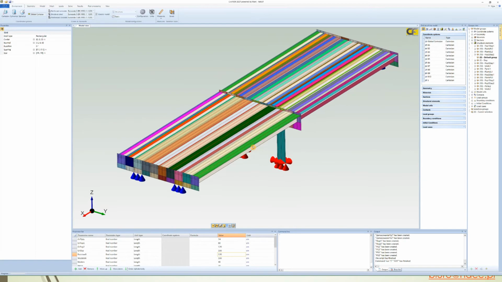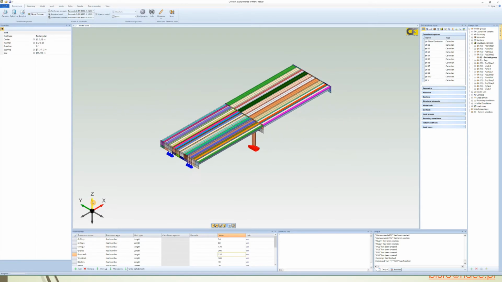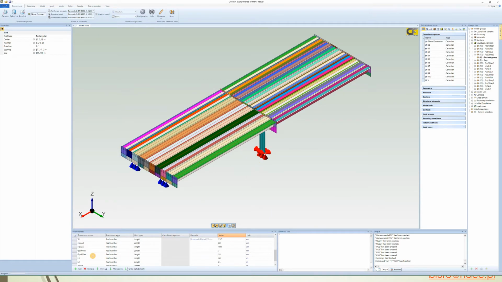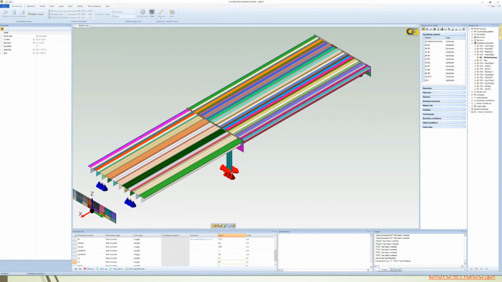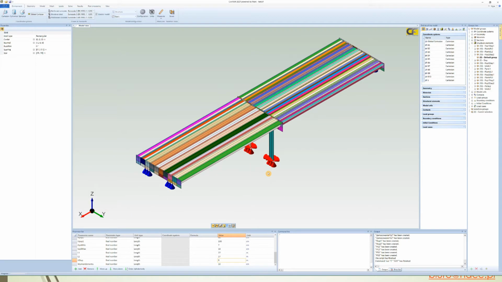So we can create parameterized geometry with scripts, using different loops to generate repetitive structure, and we can also modify and update the structure through different parameters. So this is a very powerful tool of CivilFEM that can be used to update different models. Here you can see I've increased one span first and then the second one, just modifying these parameters. And this is a very powerful tool for updating models of the same bridge for different locations, or just to optimize the structure,